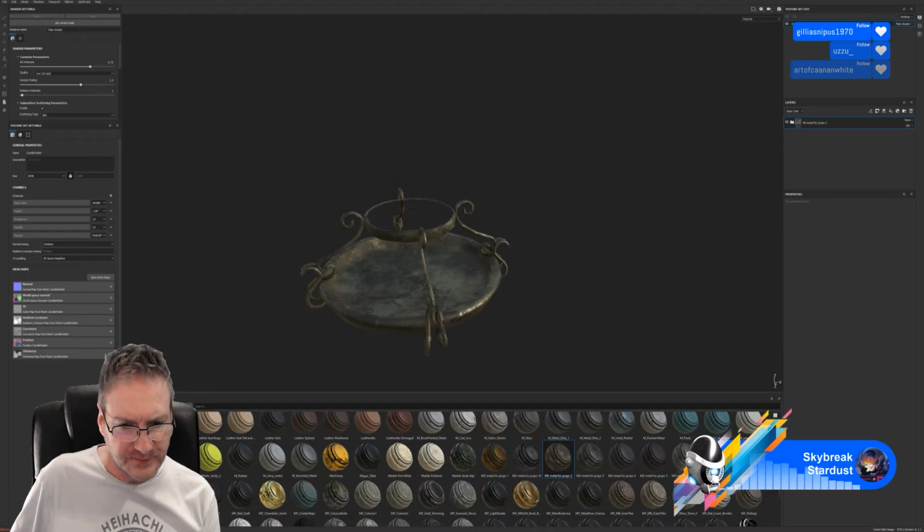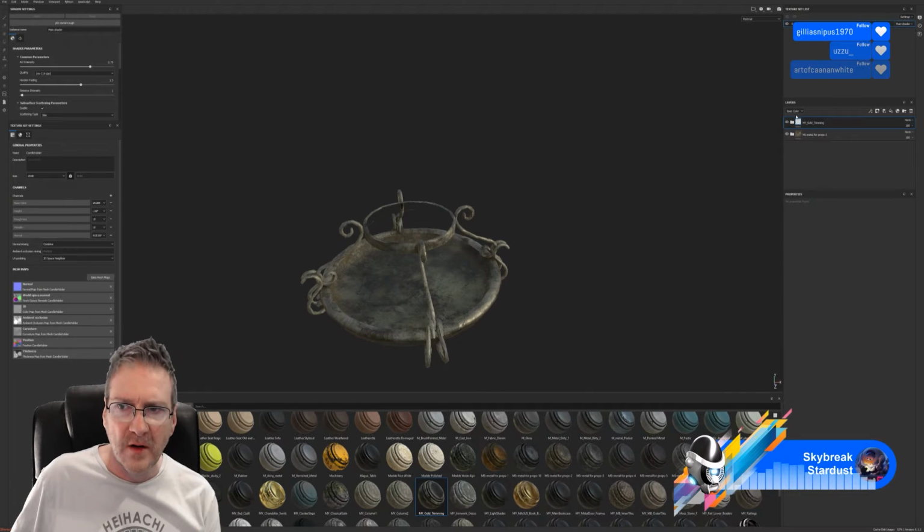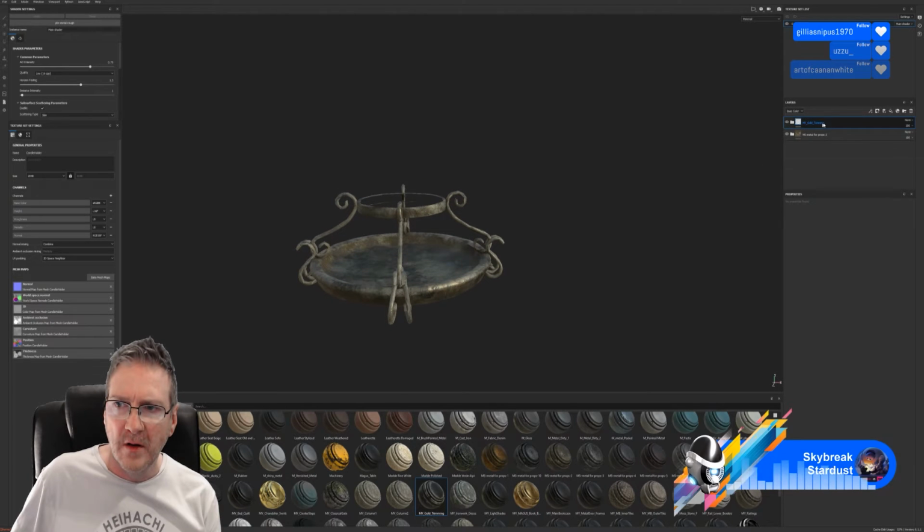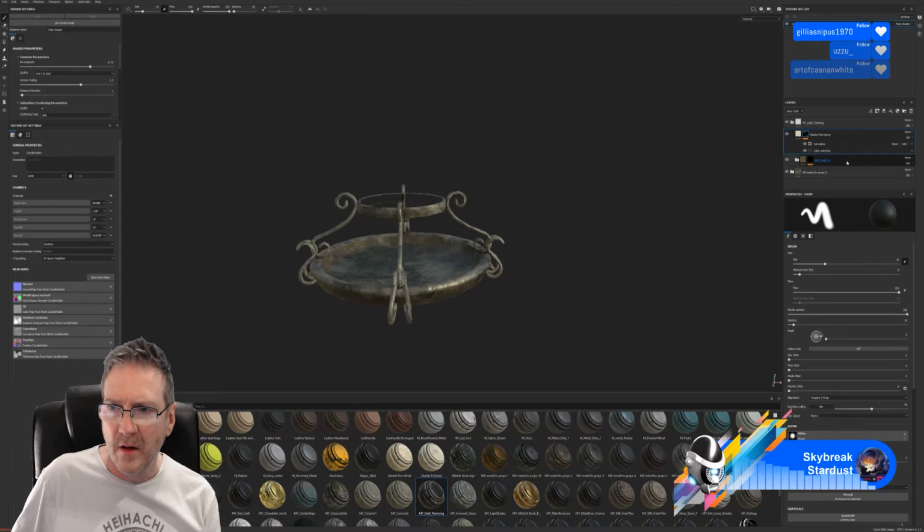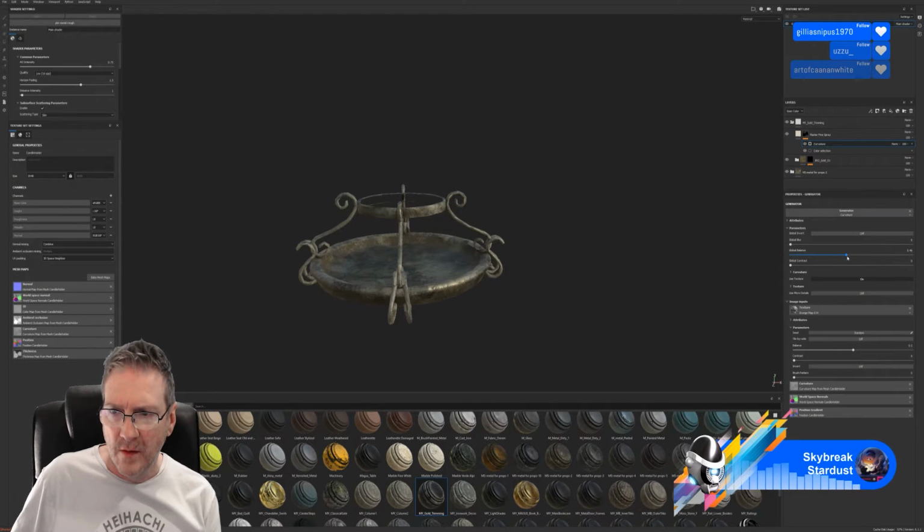And I'll have a look at this one as well. Pull back a little bit on the curvature.